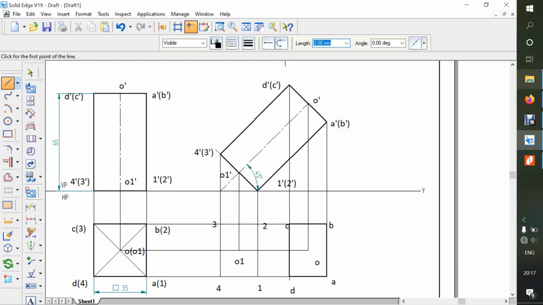Next, as I said, DC. This line is DC, 43, so this is 43 and this is DC. Again take a line, 0.5, so here C3, 34 and D4 are visible.